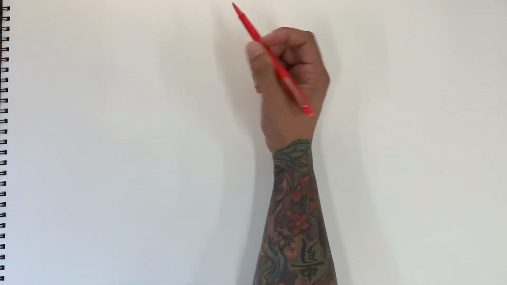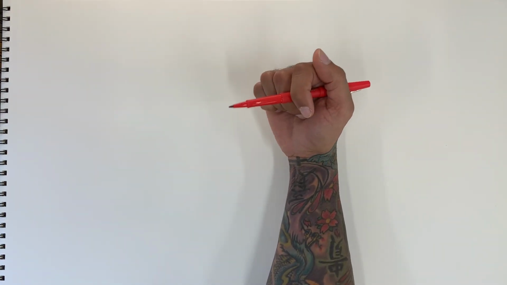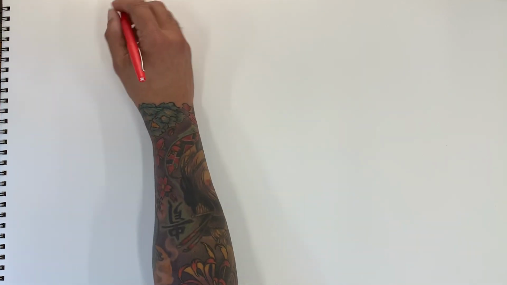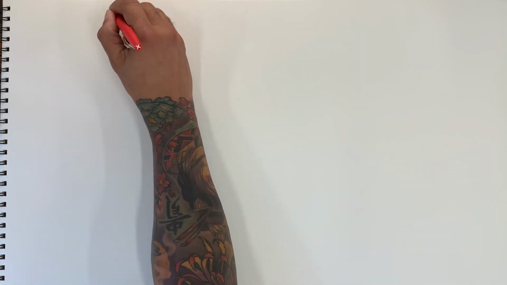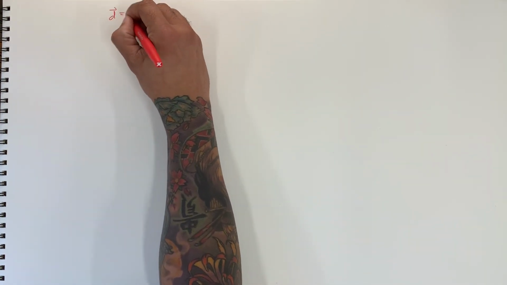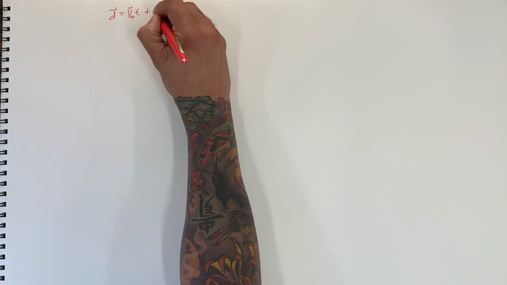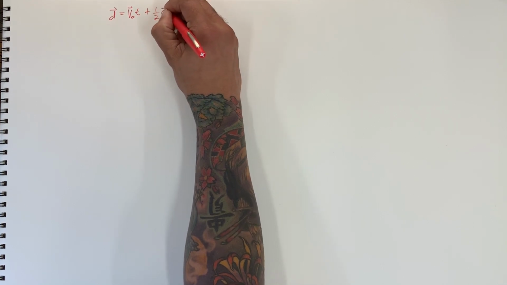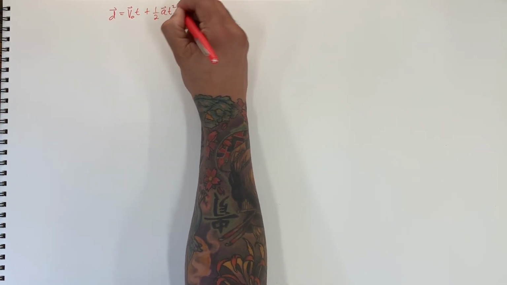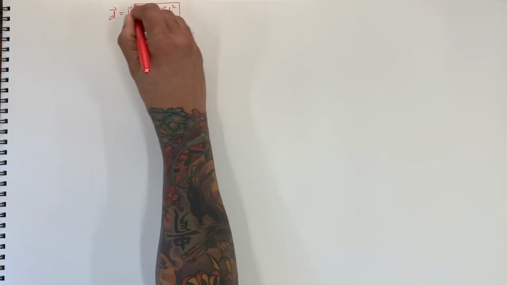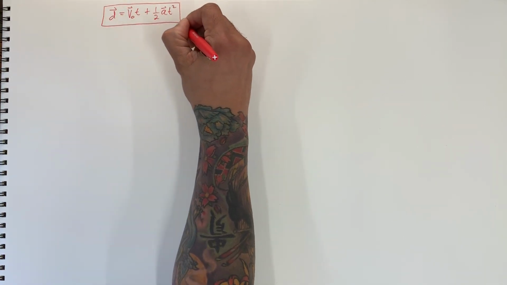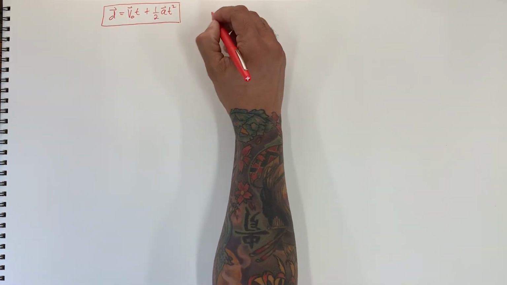Okay, so in part 4 of our projectile motion, I want to show examples now and how to use the vector equation that we've been using. So the first one is going to be our displacement vector equal to the initial velocity vector times time plus 1/2 a vector t squared. Okay, so this is our vector equation, which